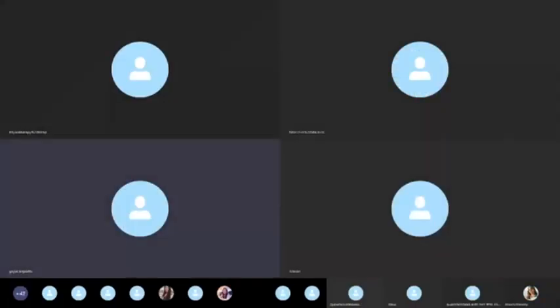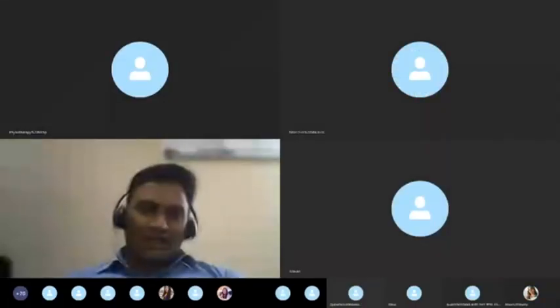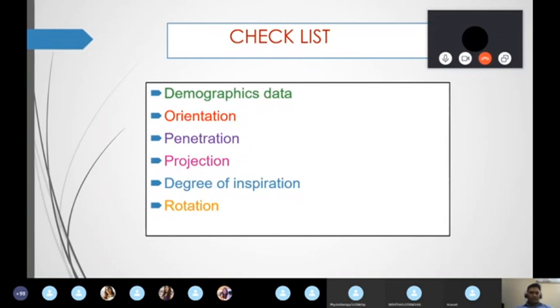To see the demographic data, in that we are going to see the name, age, gender, and hospital number. Name is basically to identify the person. If the same persons are there, we're going to see the hospital number. And age is also very important. We're going to see the age related changes. Gender is also very important because gender related diseases are there. But in X-ray, what is the most important thing we are going to see in demographic data is the date. Date is very important.